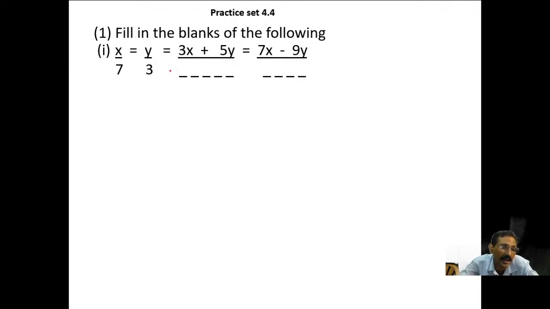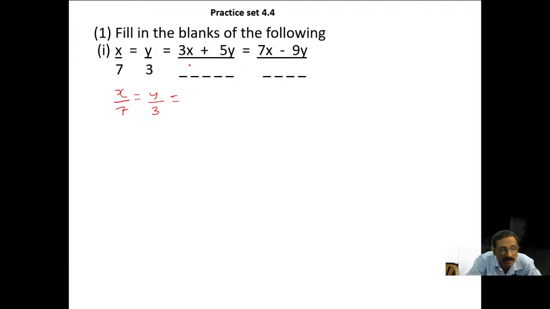Here we can do it directly. There is no problem over here. So what is given? Let us see first. x upon 7 is equal to y upon 3, which is equal to